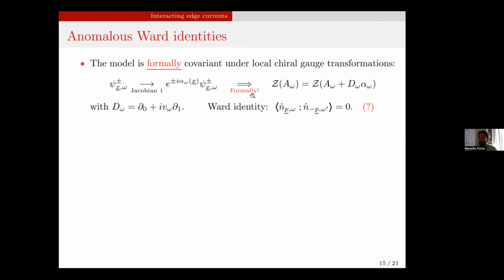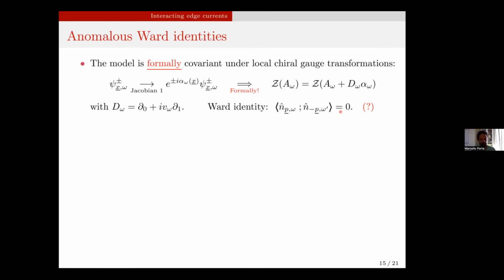Okay, so this is a formal implication of this identity. In fact, it's a false implication, but why would this be paradoxical? Well, if you started from this identity and took derivatives with respect to the external field and with respect to alpha, you would get strange identities for the correlation functions. If you take one derivative with respect to A and one with respect to alpha, on the right-hand side you would get the density correlation function, and on the left-hand side you would get 0. So you would get something very strange.